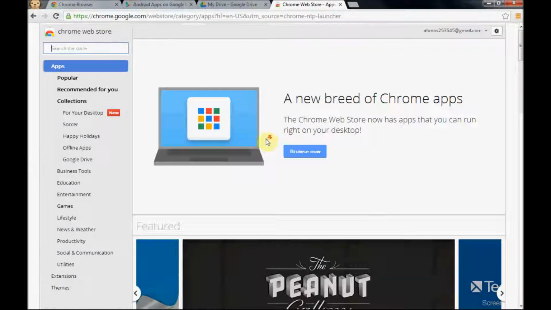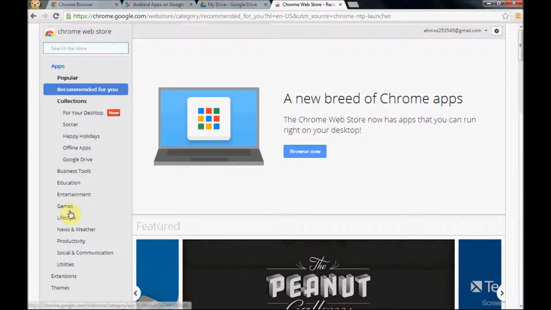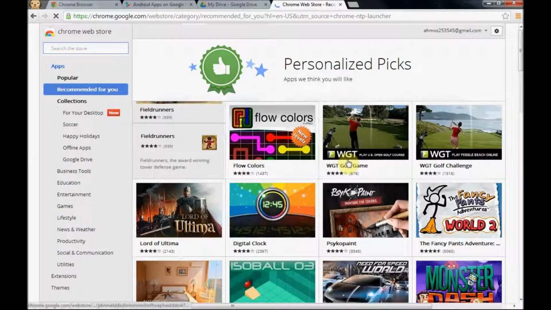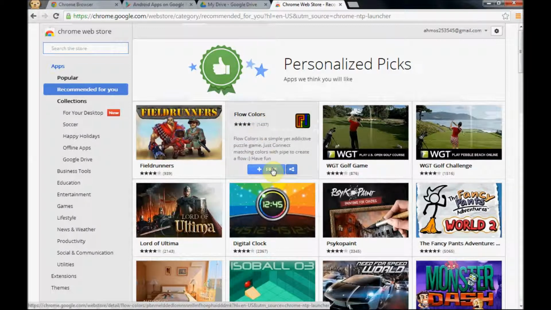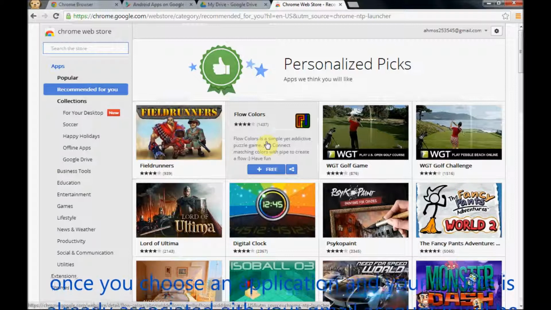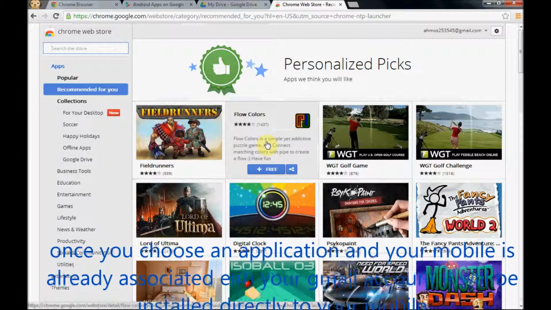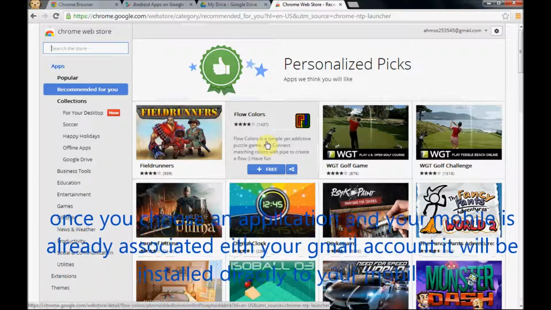So we need to now install any application here. We have a lot of categories. So let's try to install one of these applications. This is the Flow software. It's free, so let's install it. Remember now that you have the opportunity to have some applications working with your mobile and